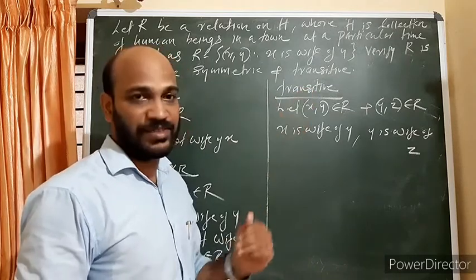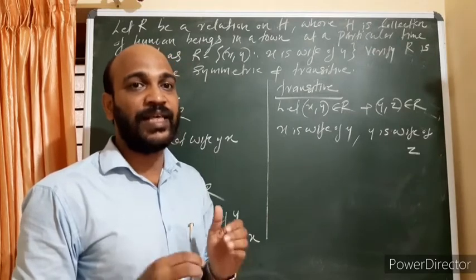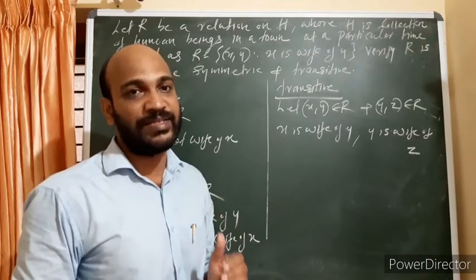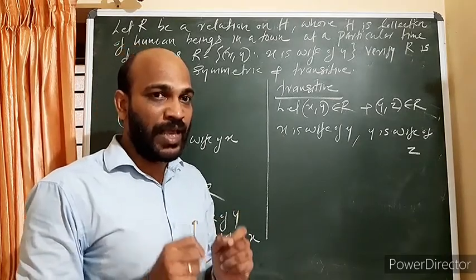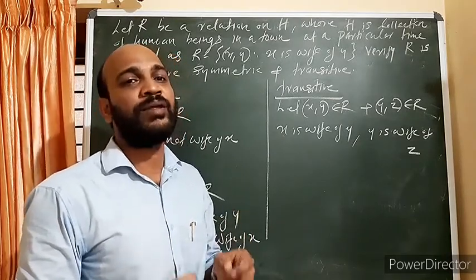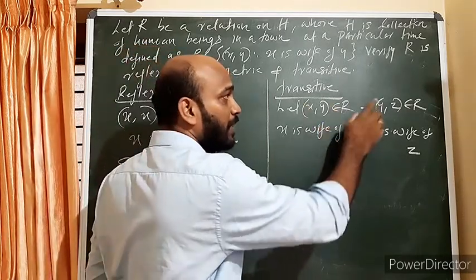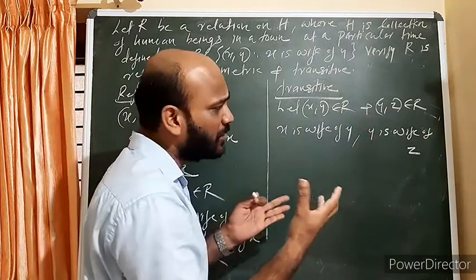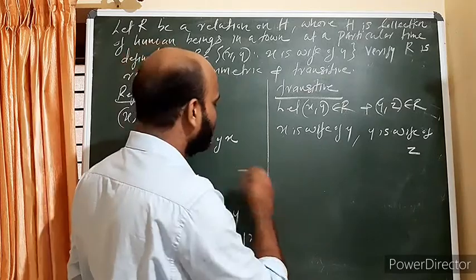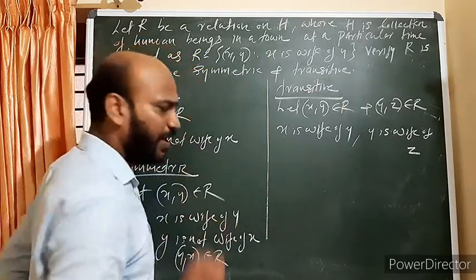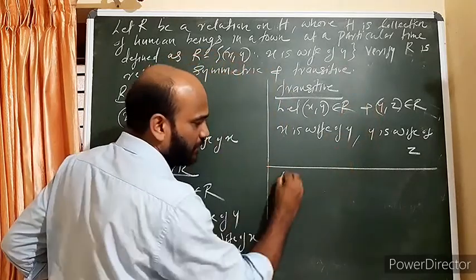transitive. Relation is transitive. Transitivity is possessed by a relation unless the given condition is violated. If there is no situation, AB belongs to R, BC belongs to R, then it is transitive. Here XY belongs to R is there, but YX, the situation is not there. So you have to take that it is transitive. So relation is transitive. I will give one more example. So this is enough. One example.